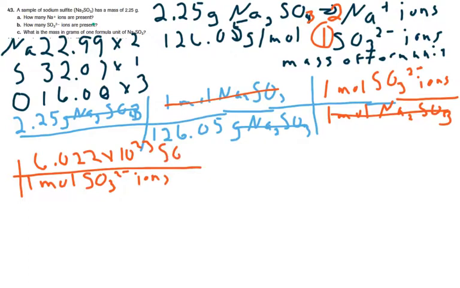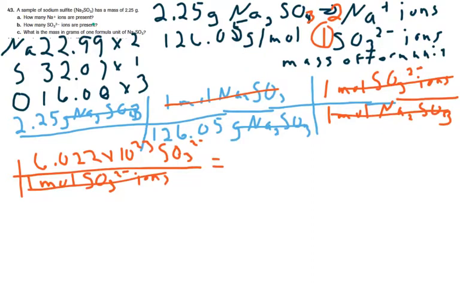So, same procedure we did on the preceding problem. Change from grams to moles, switch substances, then use Avogadro's number to find a number of particles. Moles of sulfite ions, cancel moles of sulfite ions, and we're ready for